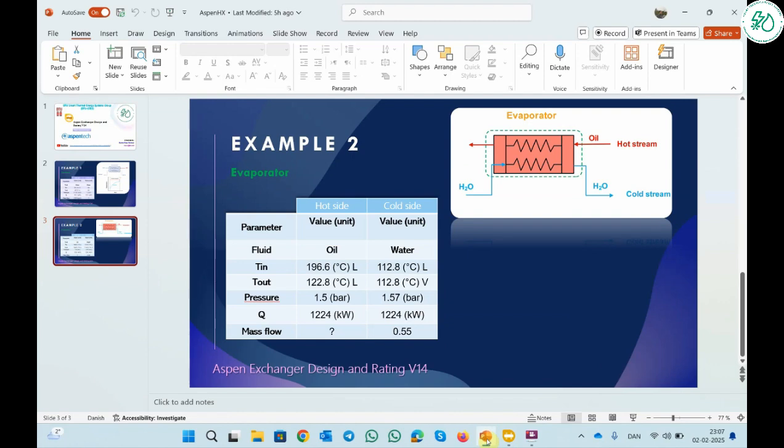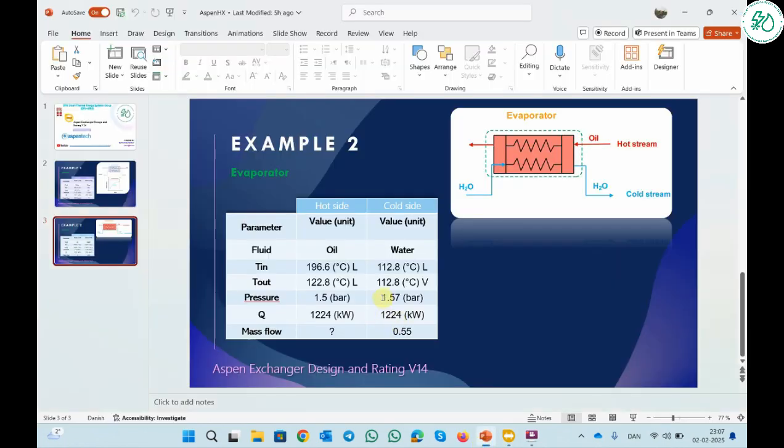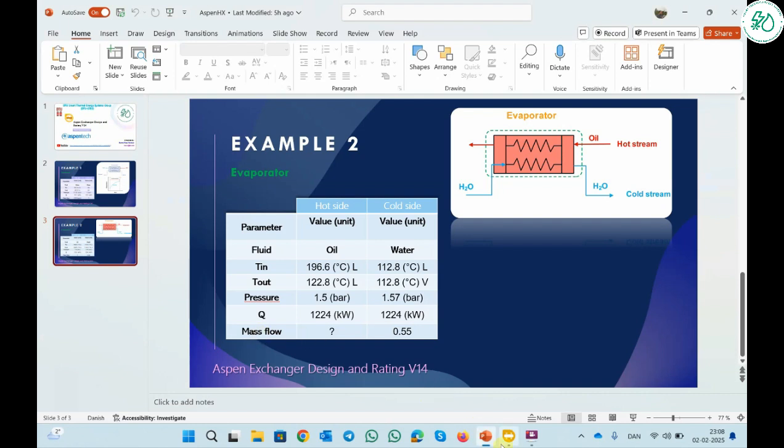For the input temperature, the state is liquid, and for the output temperature, the state is vapor. The pressure is about 1.757. Okay, for the hot stream, we don't have information about the mass flow rate, but we know the temperature for inlet and outlet. For the inlet, we should input this information for the input temperature,